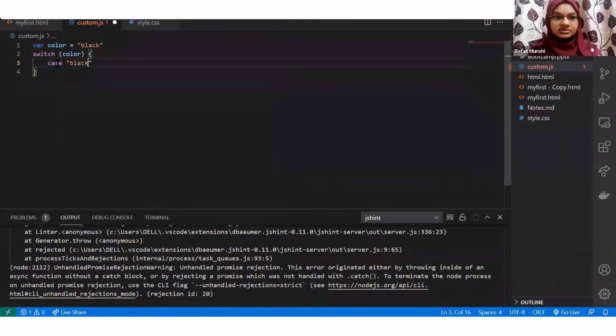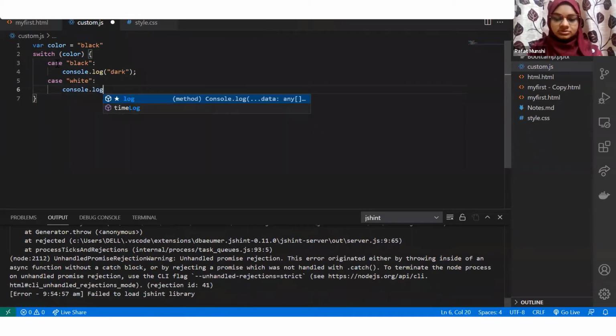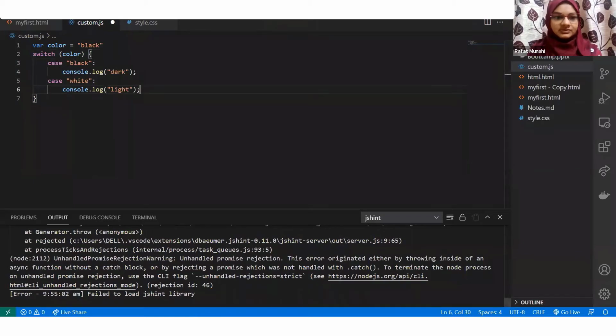If it is black, then I would want to log dark, and if it is white, I would want to log light. Okay.